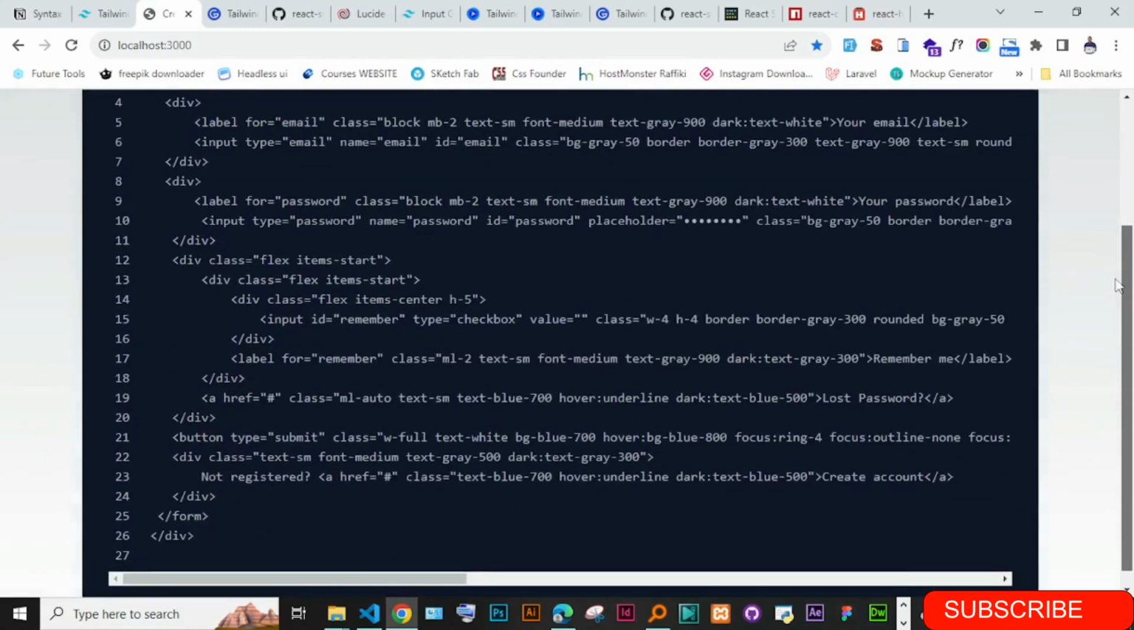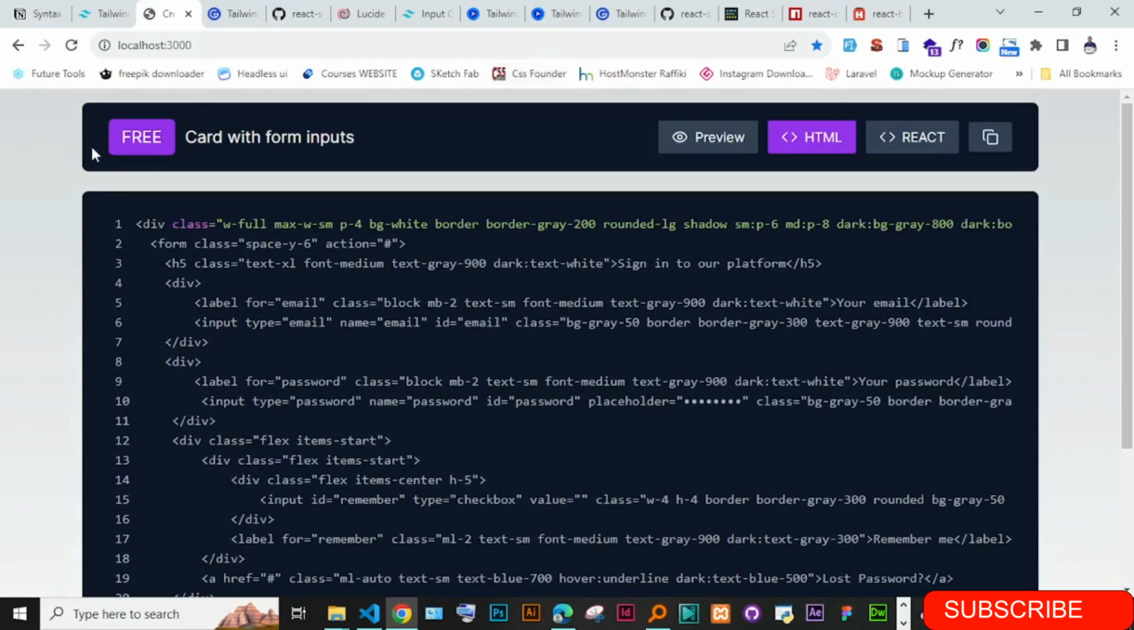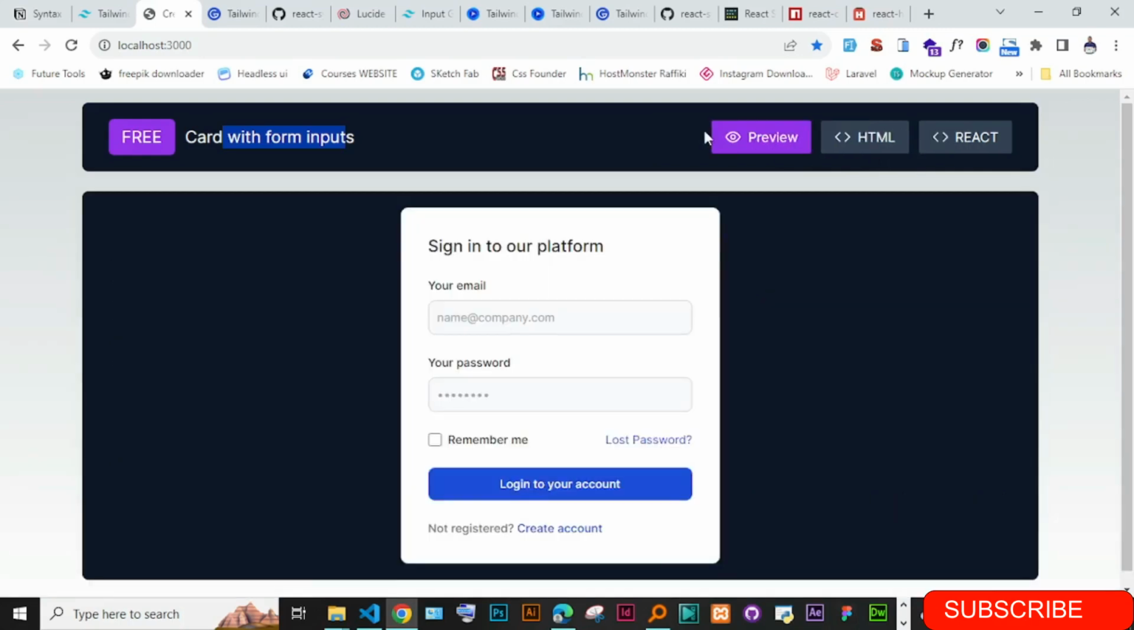So this is the demo of what you're going to build. You see it has the version, whether it is premium or free, and then the component you are building: a card with form inputs. Then you have the preview button, the HTML code, the React code, and even the copy functionality. So if you click on preview, this is the default if I load the page,